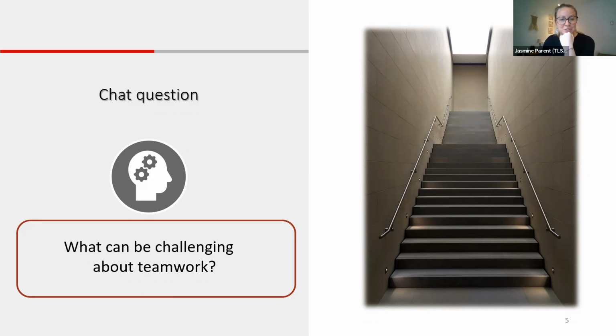But I actually had a very interesting teamwork experience recently where it was almost the opposite, where we came together, we all had different backgrounds, and we were all almost trying to overly contribute. And so our backgrounds and our experiences were kind of clashing with the understanding of the assignment itself.